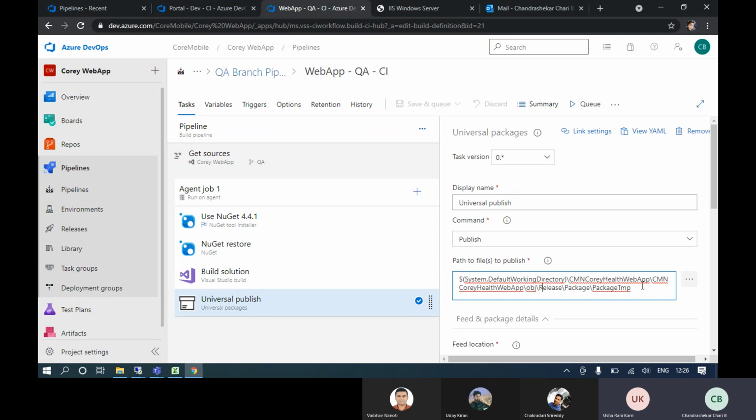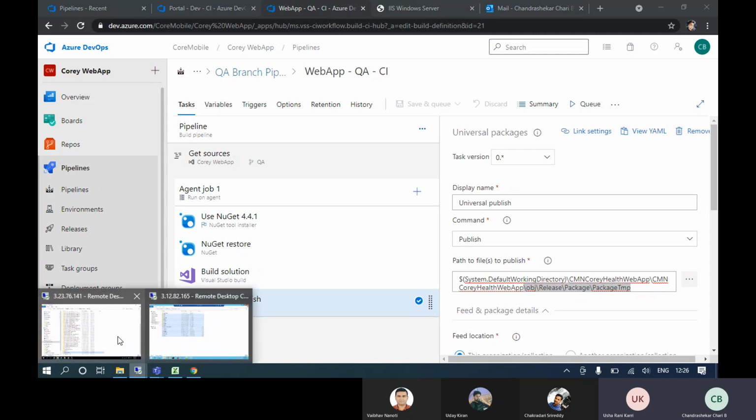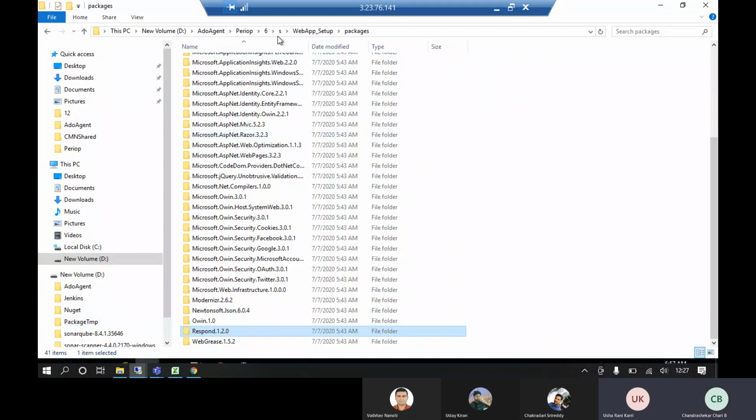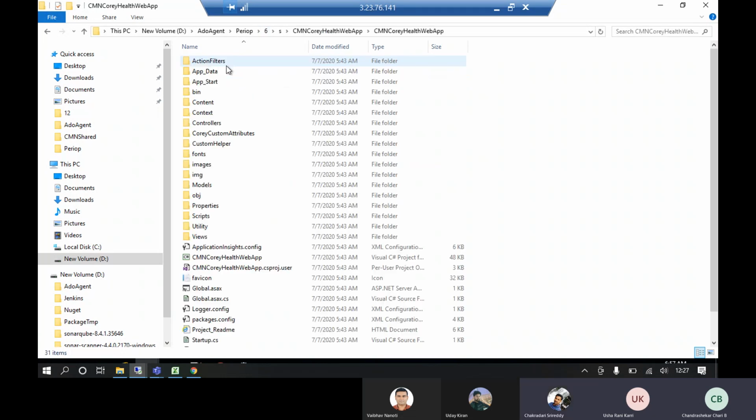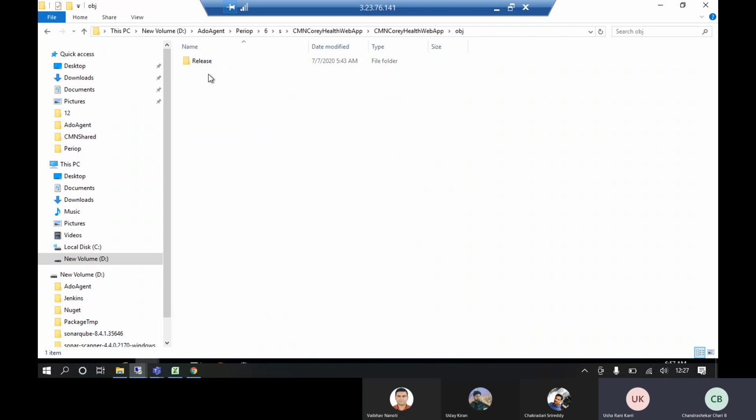OBJ release package tab. OBJ release packages not there.